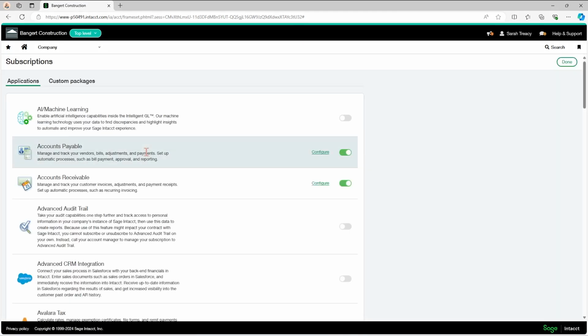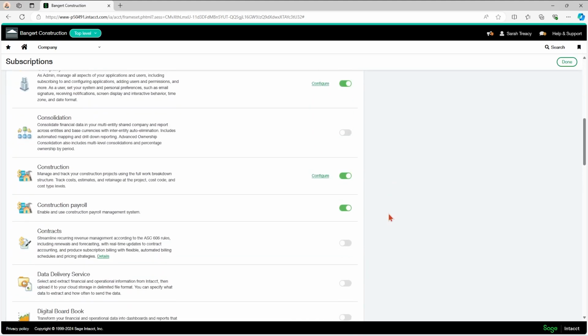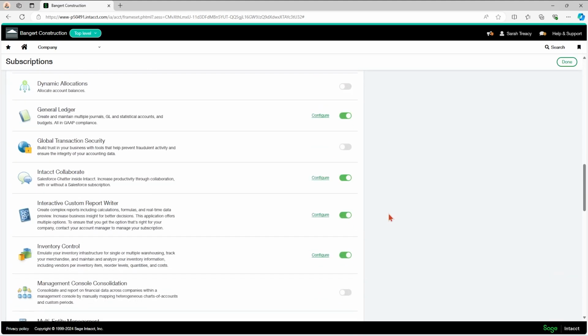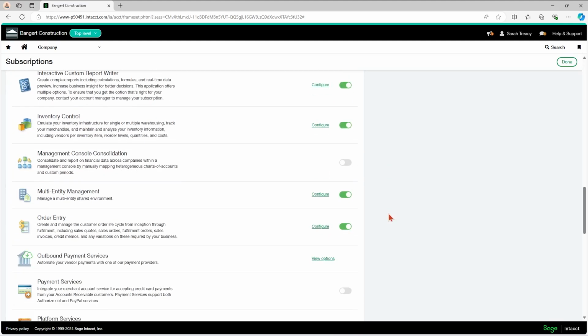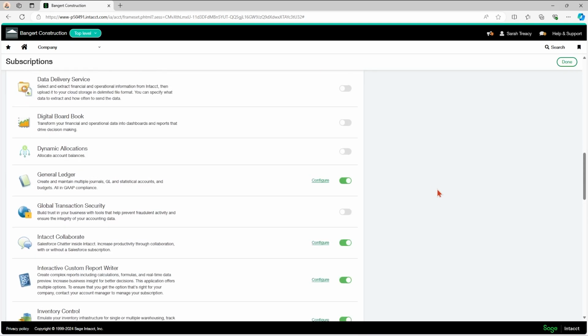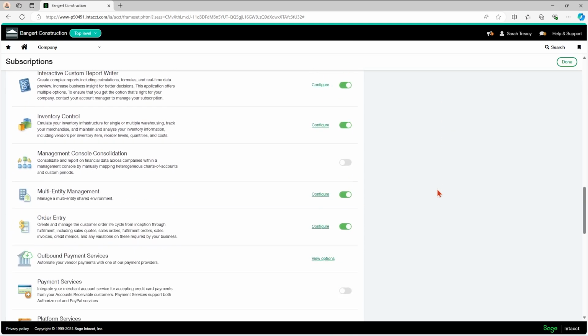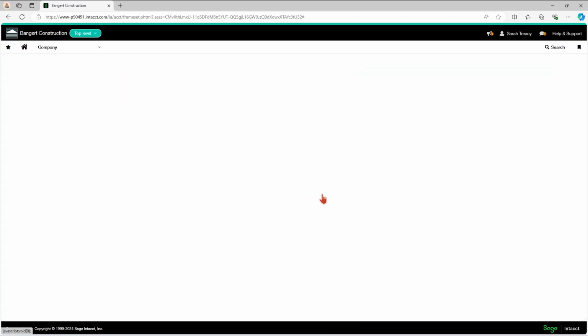So there is a caveat in the system that you have to have multi-entity management configured before you can turn on vendor compliance. And even if you're single entity, it's no harm to just configure multi-entity as I'm describing here, because you never know when the company might grow and you might need another entity and you don't want to limit yourself. So this is in alphabetical order. Scroll down, find M, go to your multi-entity management and click on Configure.